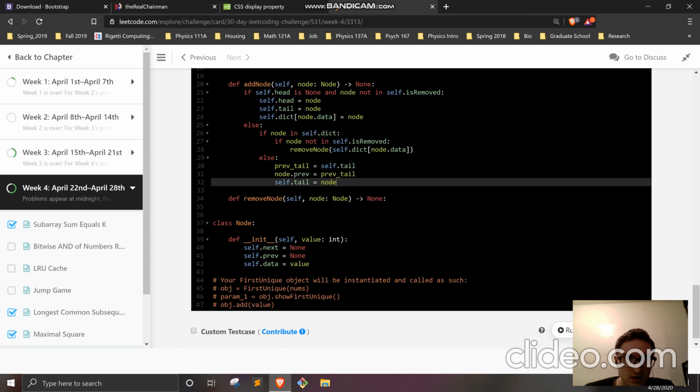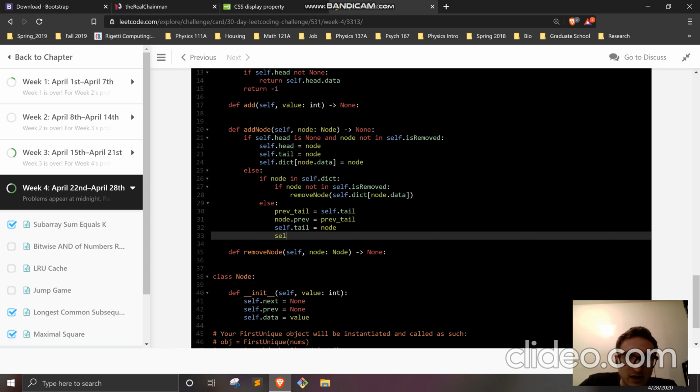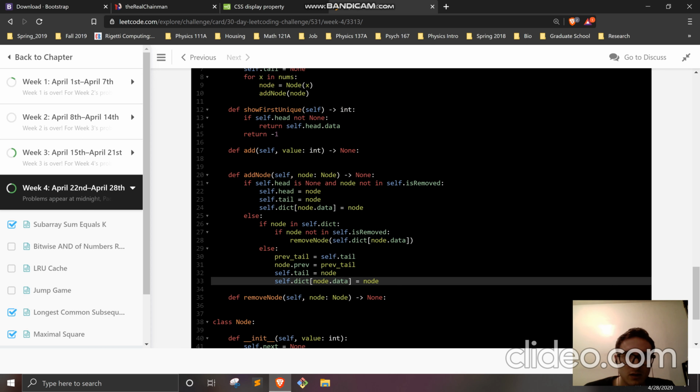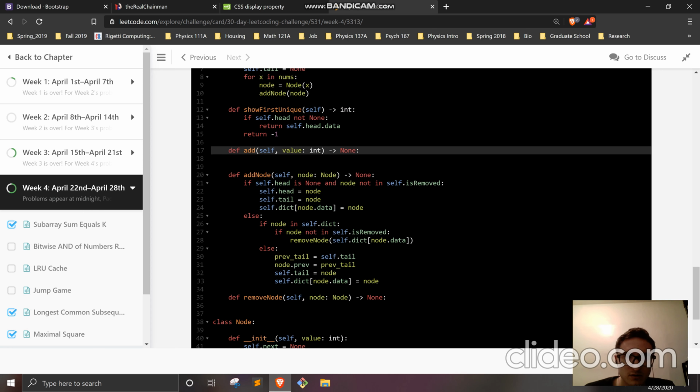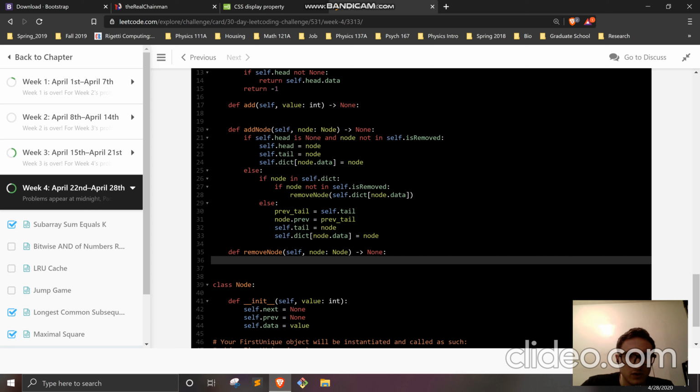So yeah, that's all. I add a node. And also, since I'm adding a node, I need to also add it to my dictionary. So I'm going to add this node to my dictionary, and that should work out. Okay. And then if we're going to remove a node, we're going to do basically,